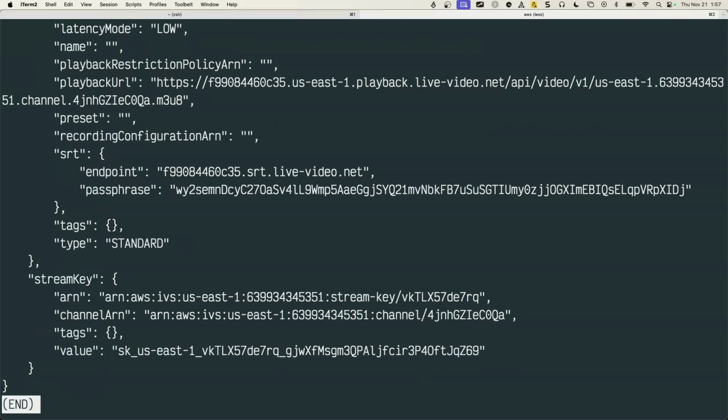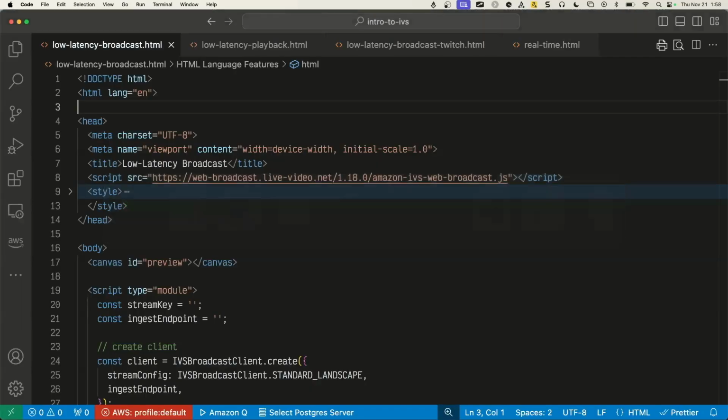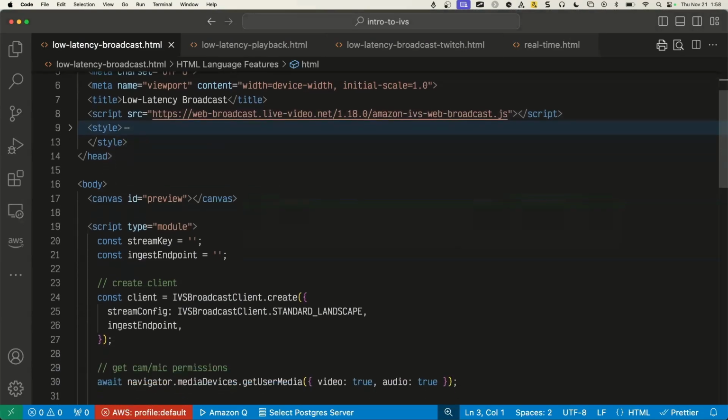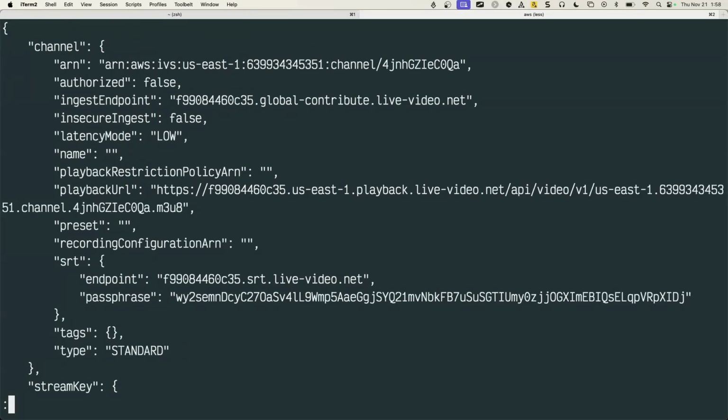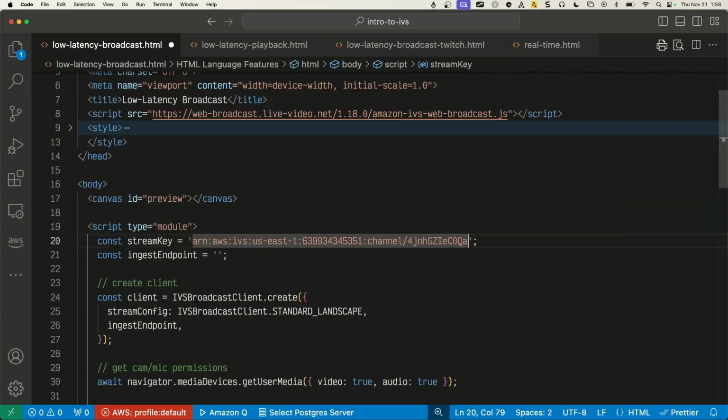So the first thing I need to do here is grab the channel ARN and copy that. And if I hop over to my editor, I can paste that into my app. And I also need my ingest endpoint. So if I scroll up a little bit here and I copy that and I come back over to my editor,